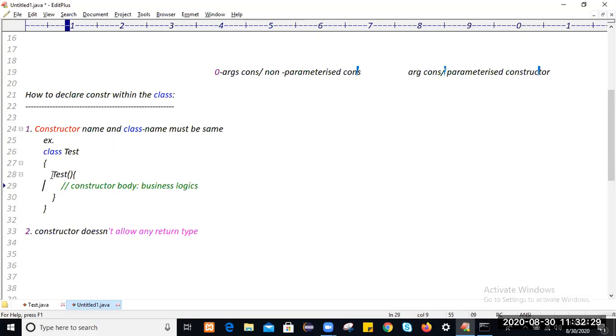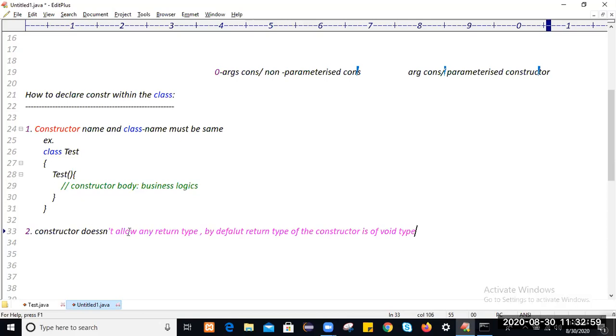But the constructor doesn't have any return type. By default, the return type of the constructor is of void type.